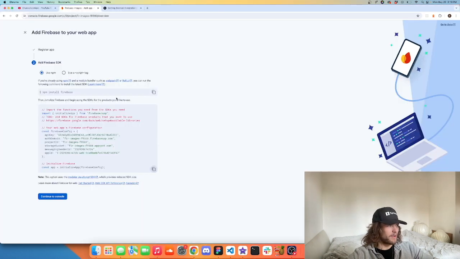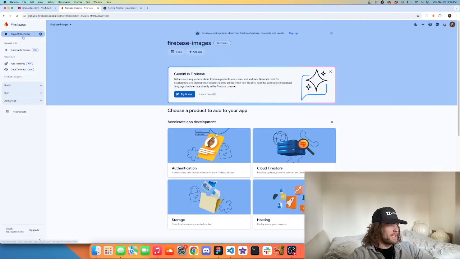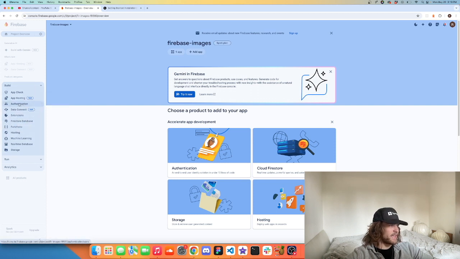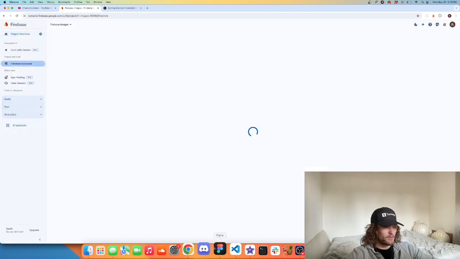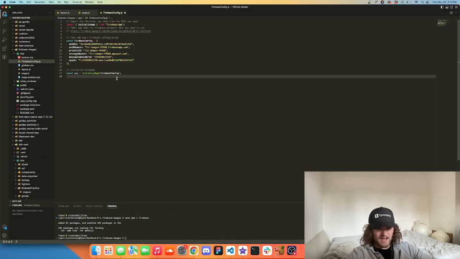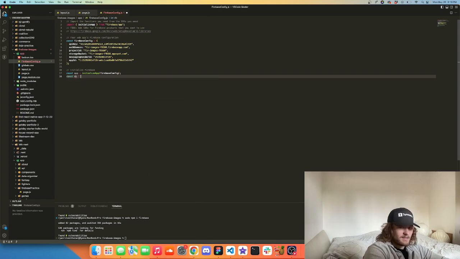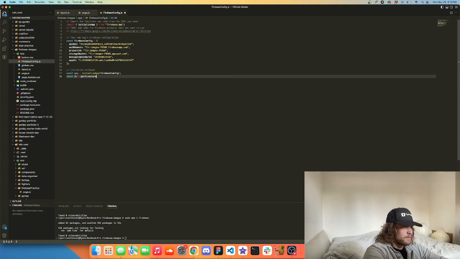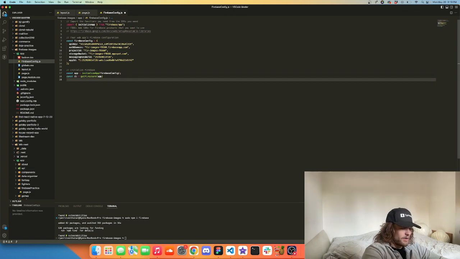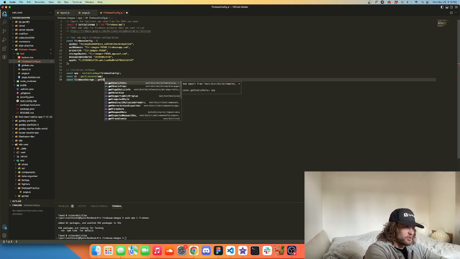So within Firebase, we have many different services. We have the Firestore database. We have authentication. We have all kinds of stuff in here. And so what we want to do is we want to connect to the actual image storage that we need. So we're going to do const database is equal to getFirestore of app, and then we're going to do const firebaseStorage is equal to getStorage